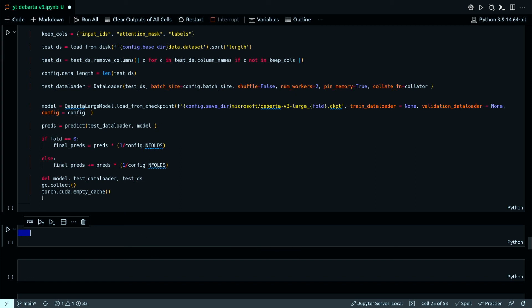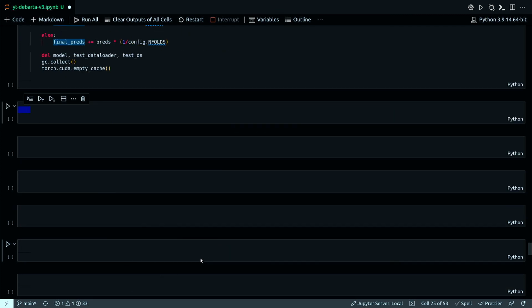And then I'm going to use these final preds, this variable, in the next cell to create my submission data frame. Because as you remember, in the test data set there were only unique IDs and the text, and I'm supposed to predict all the columns. So that's what I'm going to do, and create my data frame for submission.